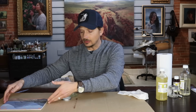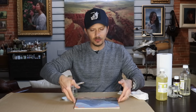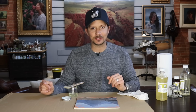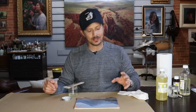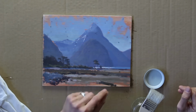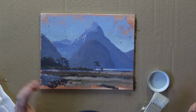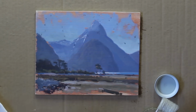Now I've got another little study over here that I'm going to apply some varnish to. Now you might think I'm being a little bit silly here, but there's something about this painting that's quite special to me. I went back and forth in my mind as to whether I would pick each one of these sandflies off the surface of this painting. But you know what? Now that I think about it, I really quite like them there because they touch on